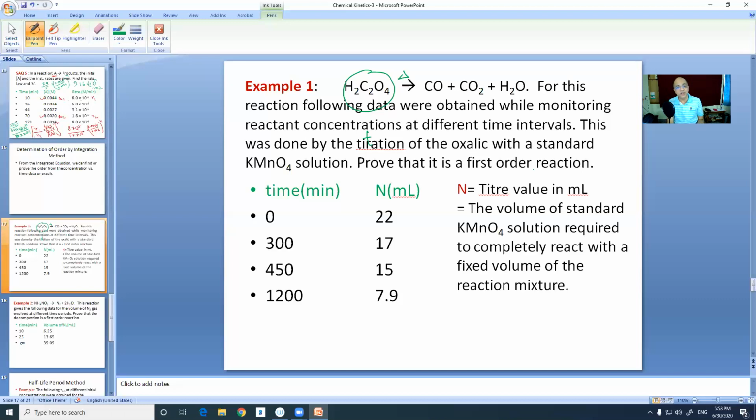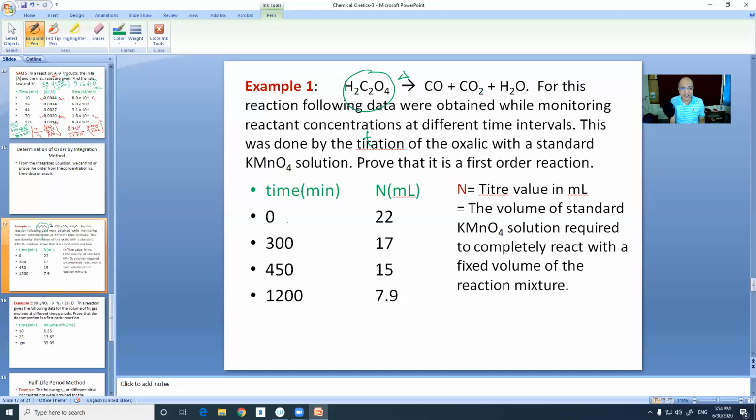But if it is a subjective question, you have to find all the three K values and take the average. They will be coming close, not widely different. If it is widely different, then it cannot be first order. You have to go to the second order integrated law, put the values and find the K value, which will be coming close, right?